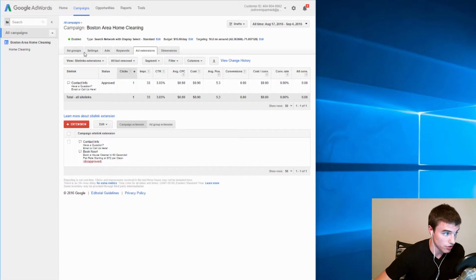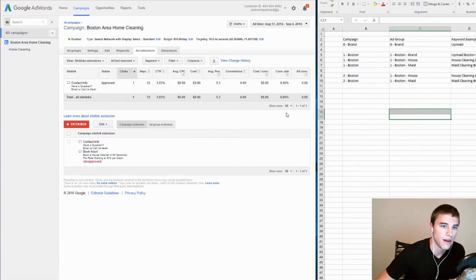So now let's talk through the actual structure of your accounts and your campaigns and ad groups. I built out an example bulk sheet. Bulk sheets are basically how you can upload all of these changes in bulk through the Google AdWords Editor, which you can download to your desktop. If you don't know how to do that, you'll want to find a freelancer, someone who can do it for you, because it's much more efficient than trying to do it all in the AdWords Editor. But basically, for small businesses, local service businesses like yourselves, this is the general campaign and ad group